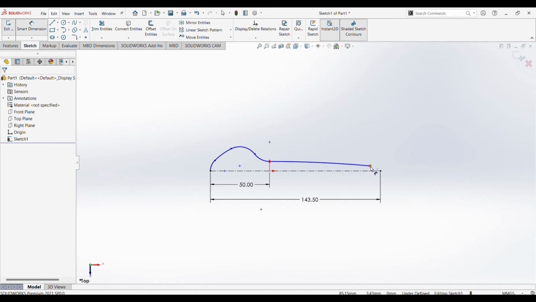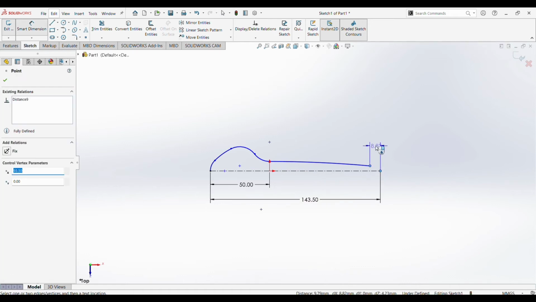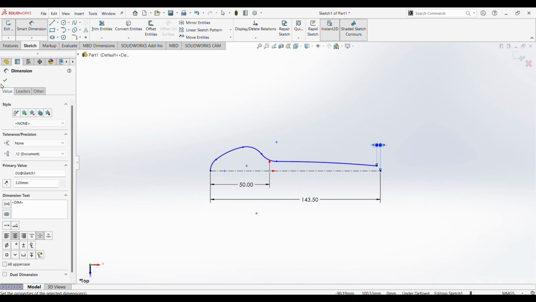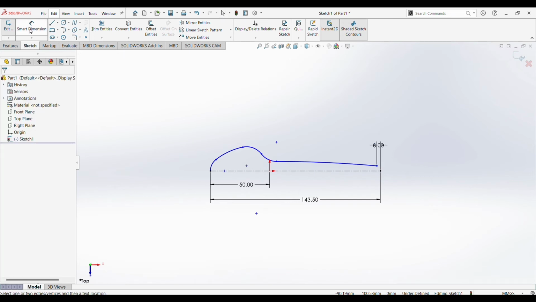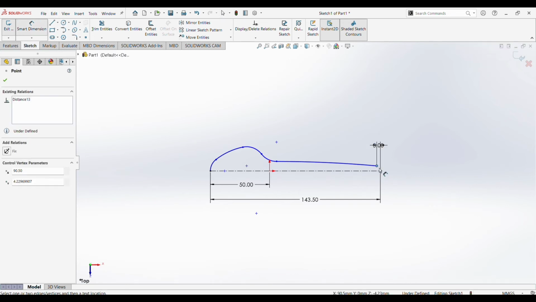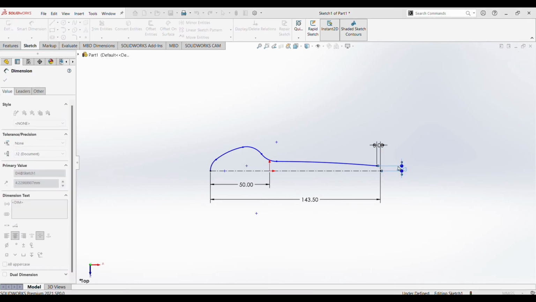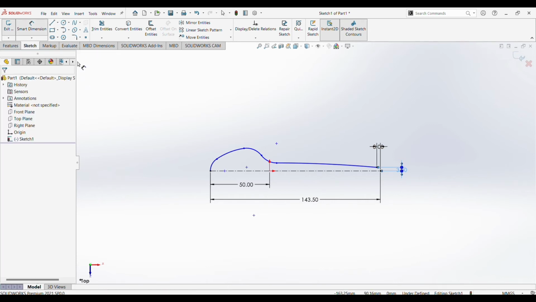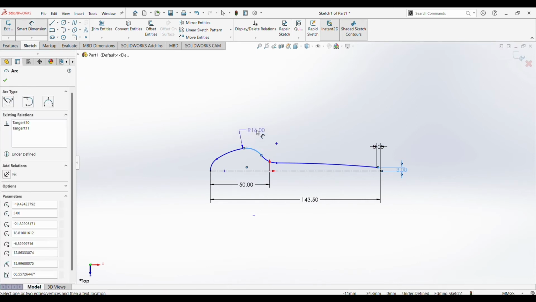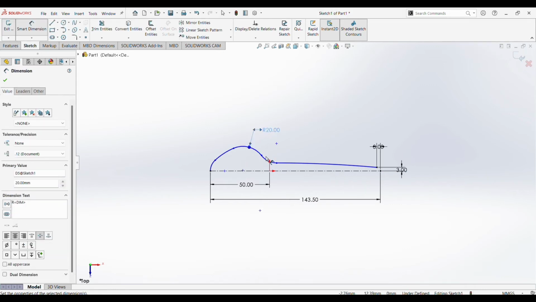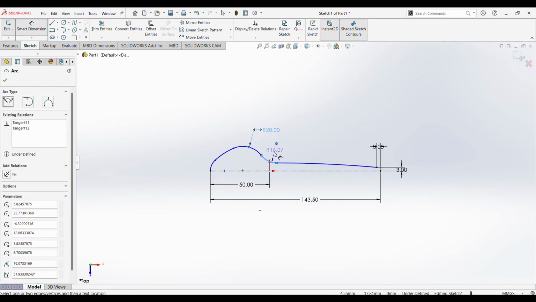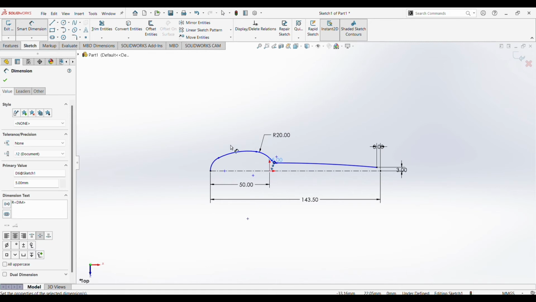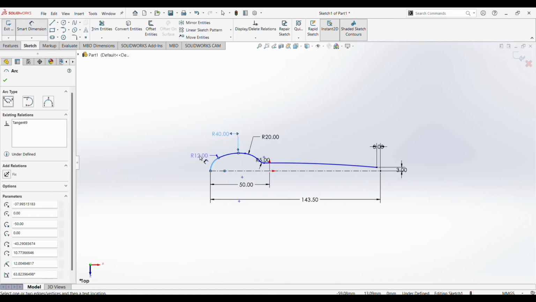Then, put a smart dimension for this point up to this point which is 3. Then, check. Another smart dimension for this point up to this point which is 3 also. Then, put a smart dimension again for this arc which is equals to 20. For this one which is equals to 5. This one 40 and this one which is